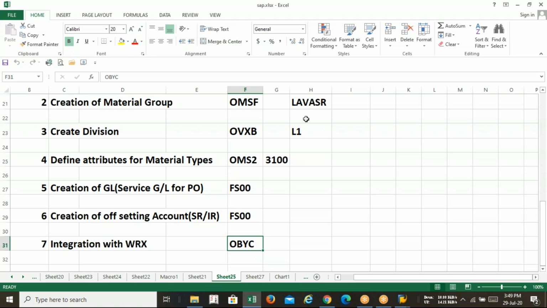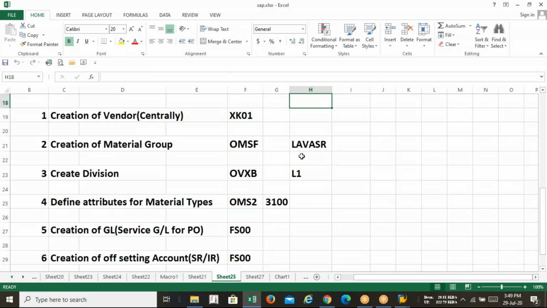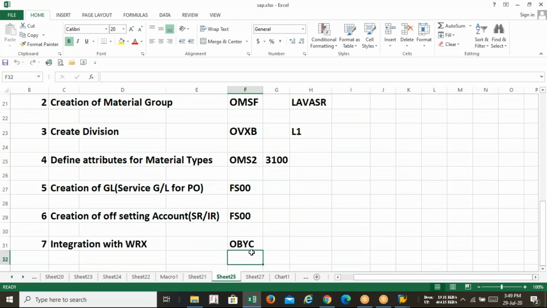Apart from vendor creation, I have done everything for service. For vendor creation, I gave you a reference, OXW, where you have to take the purchasing organization field. Apart from that, I have created all this stuff, and I have created the GL and assigned it to OBYC in WRX.